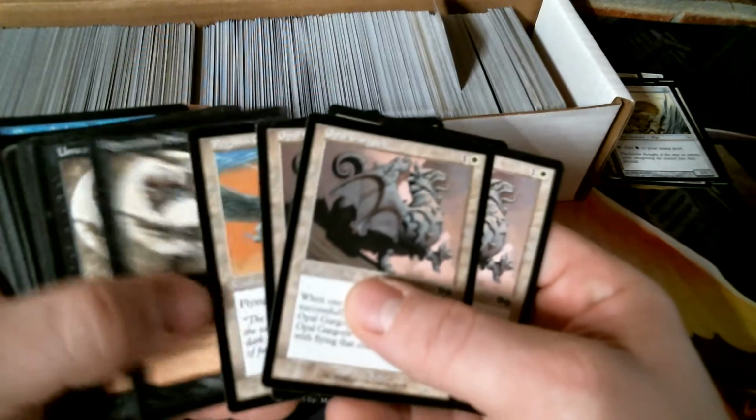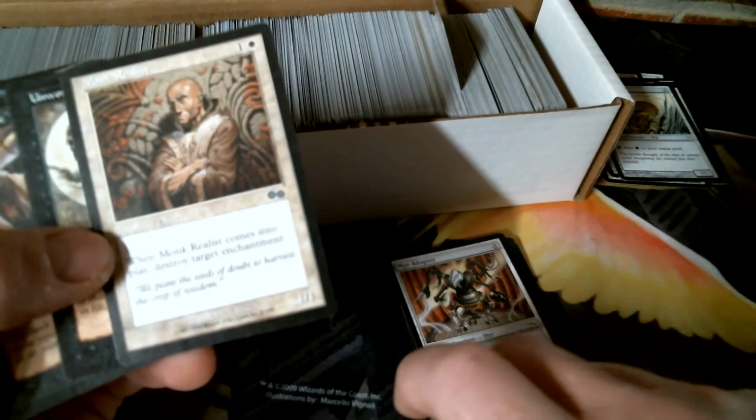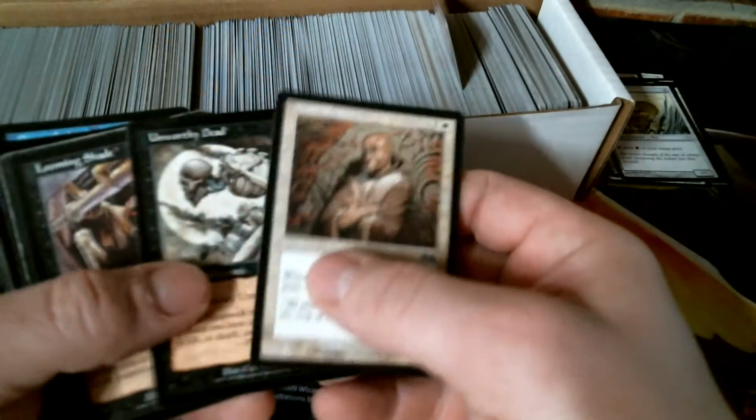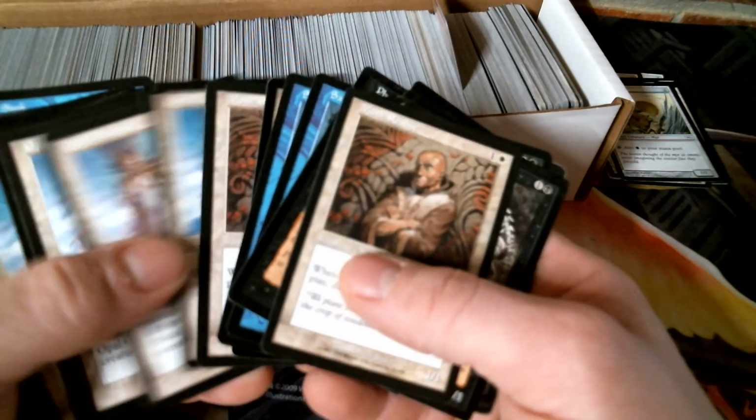Another block of Saga. Charger. Well, that guy's seen a ton of reprintings. If not just straight up reprinted, it's been...